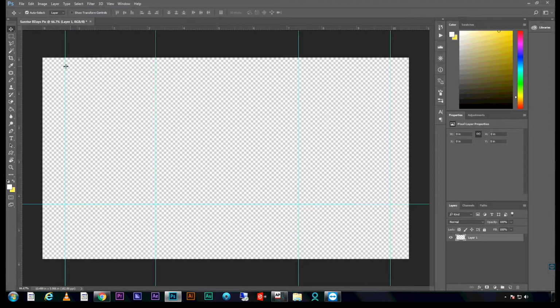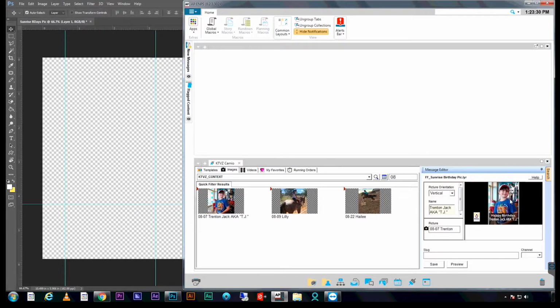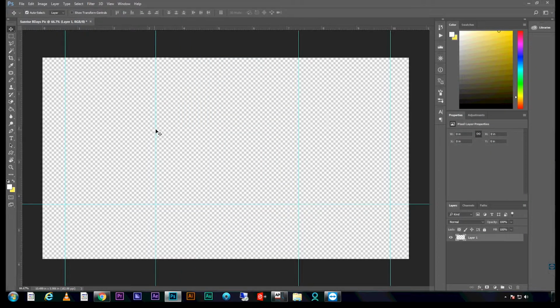We've got two sets of guidelines I want to tell you guys about. The inner two vertical guides here are for vertical pictures. So if your picture orientation is vertical based, you want to make sure that you've got the image centered up between these two guidelines. If you do select vertical as the picture orientation, you're going to get something like this. It's kind of like making sure that the picture is between these two guides. And if you do horizontal,